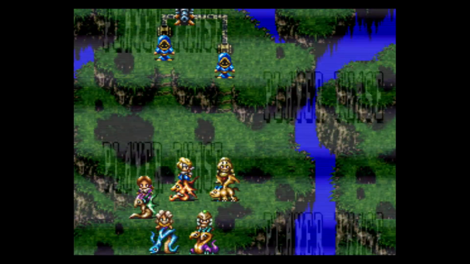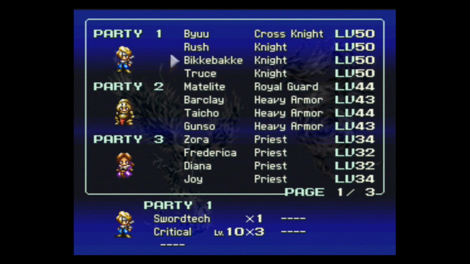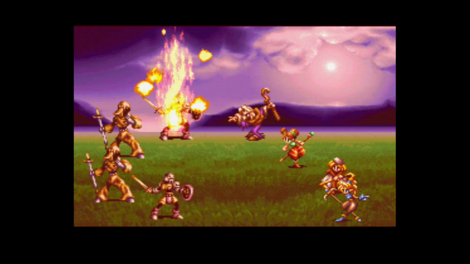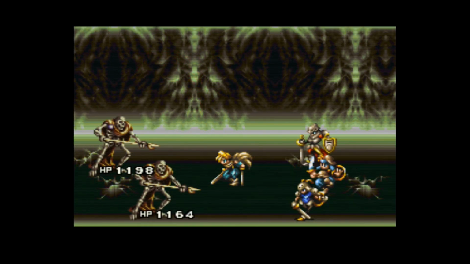In battle, we take turns on a 2D grid. Our squads are assembled into parties of 4, with a maximum of 6 parties. Each party has a specific role, however we can assemble them in which way we desire. We have casters, healers, warriors, knights, summoners, etc., and different combinations will affect the tactical behavior of the party as